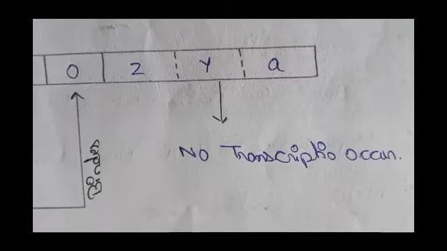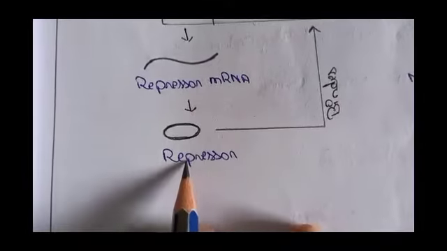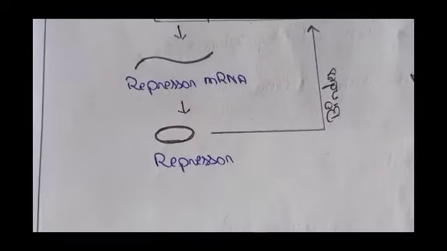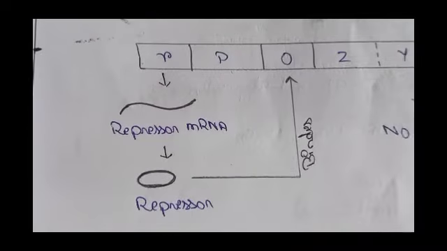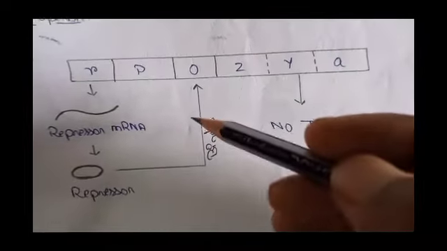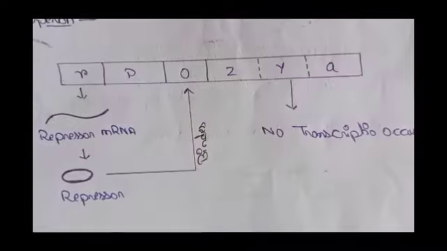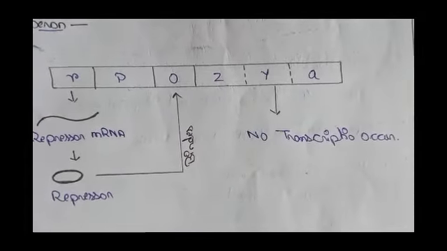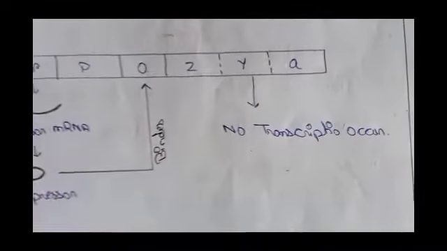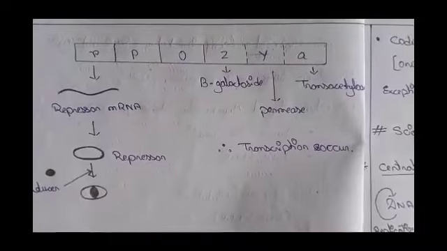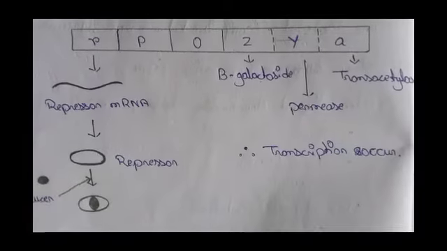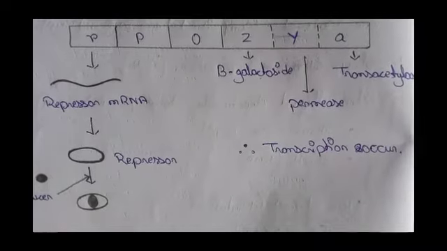Okay, if here the repressor is attached, or it can't go and bind with this, then transcription occurs. But in this case, no transcription occurs. Okay, so the next is, okay,